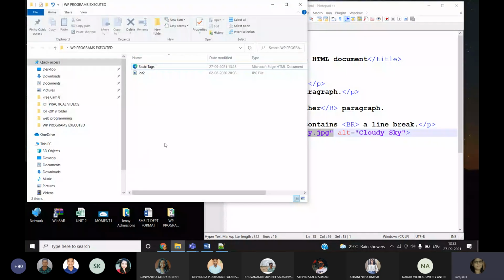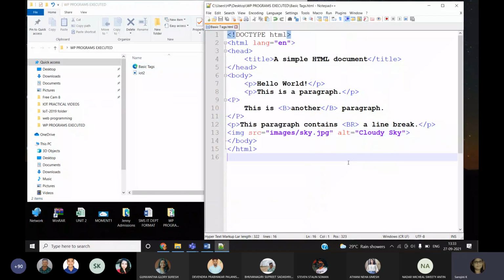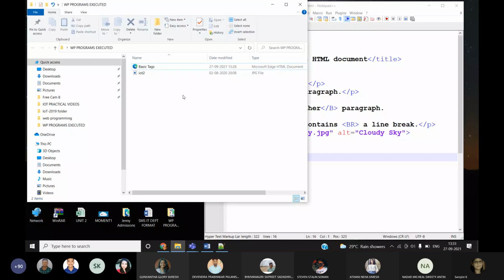After I pasted the image, to display it in my browser, I have to know the complete path of this. Here it is showing IoT2, which is the file name of the JPG file. But the better practice is giving the complete path of the image file instead of giving only the file name.